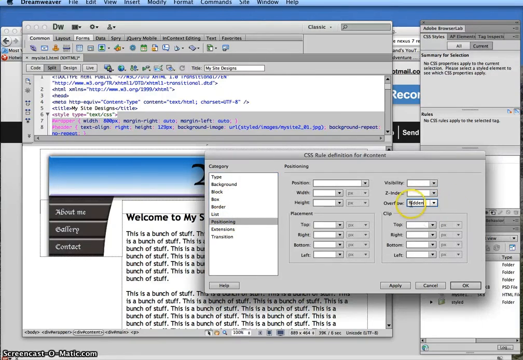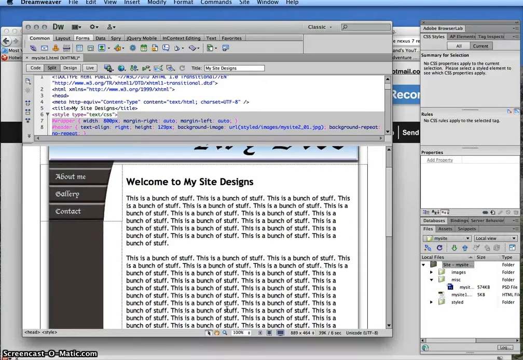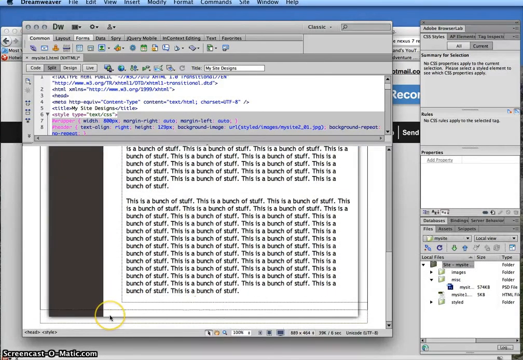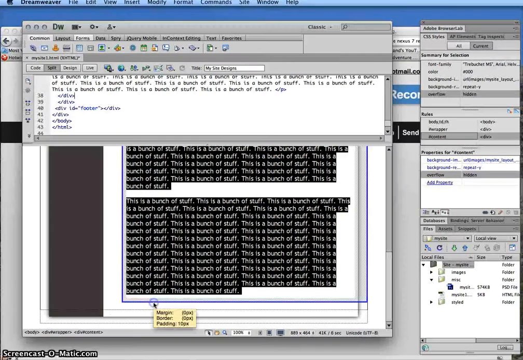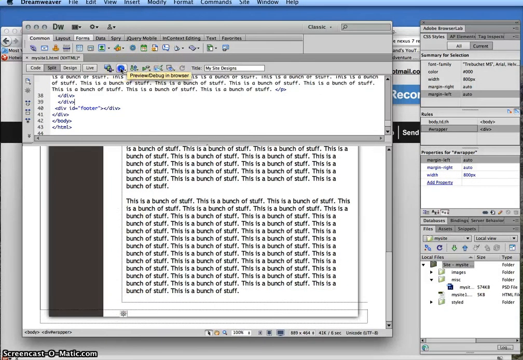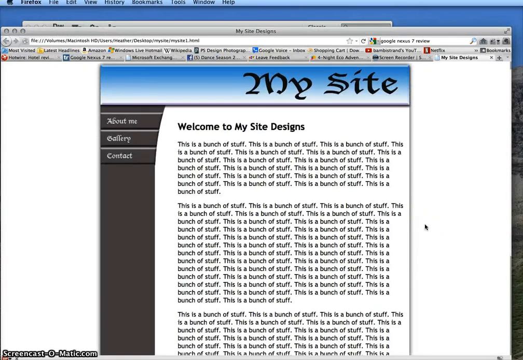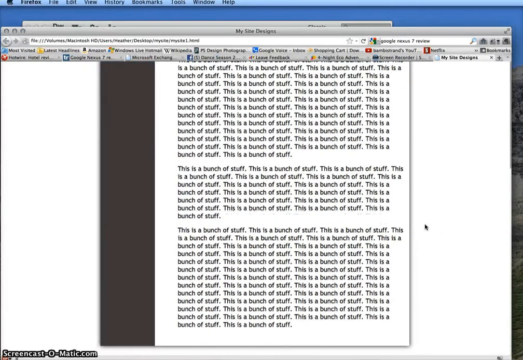It's that weird little thing that makes this tag extend with the rest of the tags. And like magic, I now have an extending tag. Also, by making it hidden, it will allow my footer to be in here. So now, when I see my website, it will extend beyond because